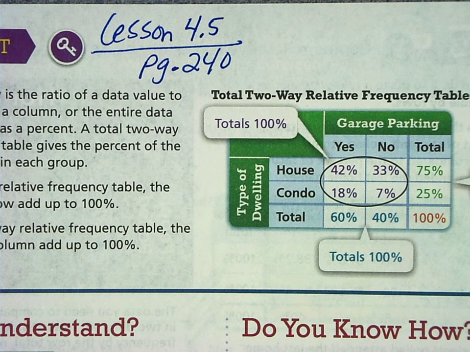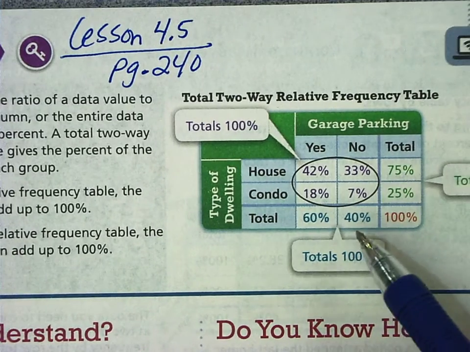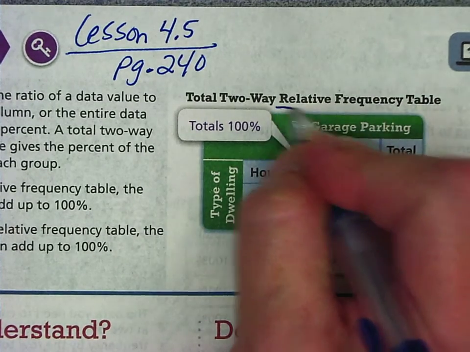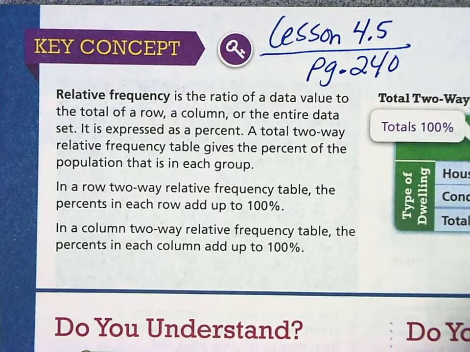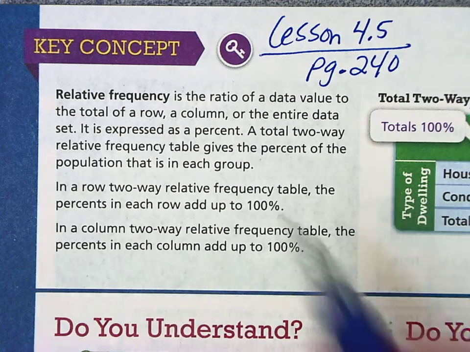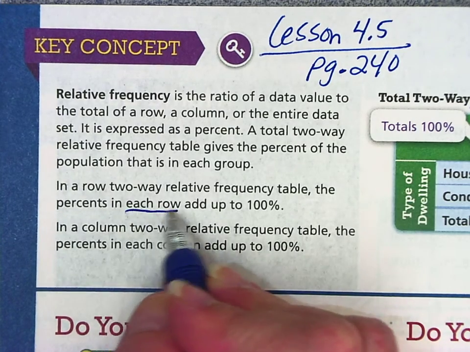Welcome back. Okay, let's take a look at lesson 4.5 on page 240, relative frequency tables. So we're still working with frequency tables, except relative frequency tables are all about the percentages. Okay, so if you're calculating a relative frequency table, so if it's asked you to look at it by row,